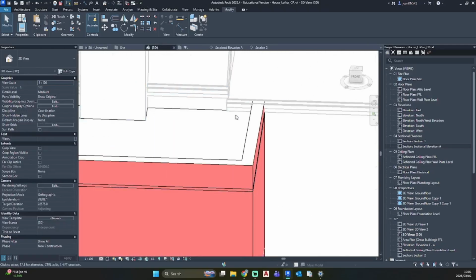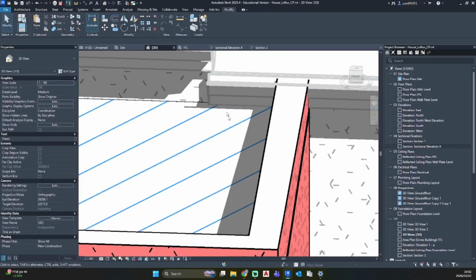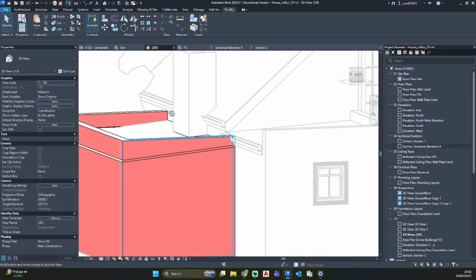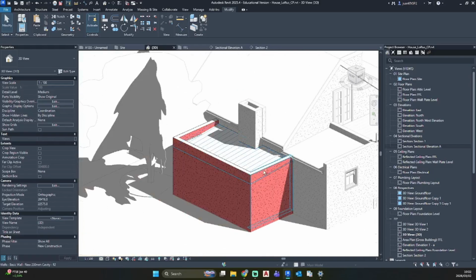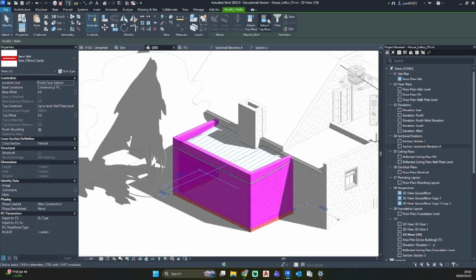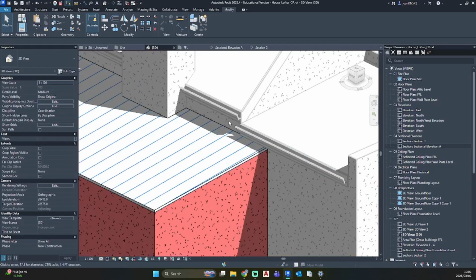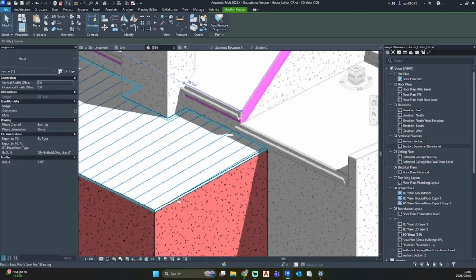If we look here, we can see it is under that fascia board, so we don't cost the client too much in changes. And I'm going to select these, attach to base,